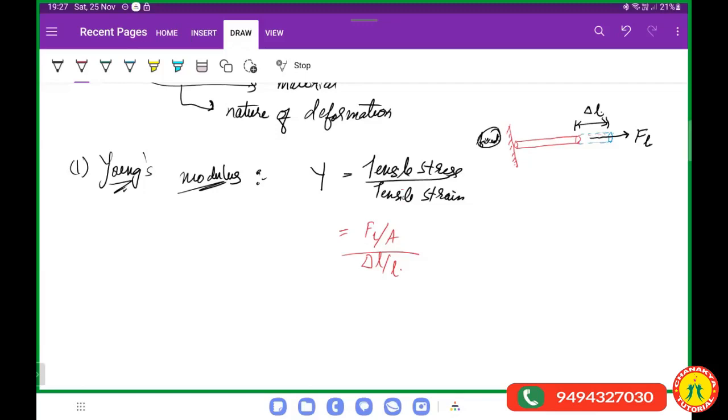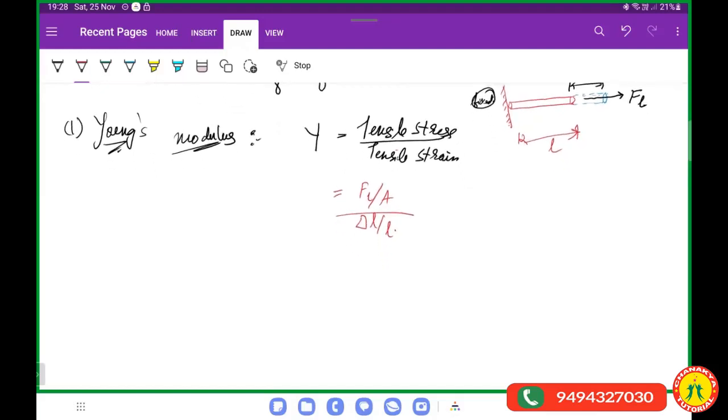So here if you see, this is the length of a rod which is connected in this fixed place, and we are stretching or applying force towards this direction, F, L, and delta L. Actually this won't be this much, but just for drawing I made it stretch extra.